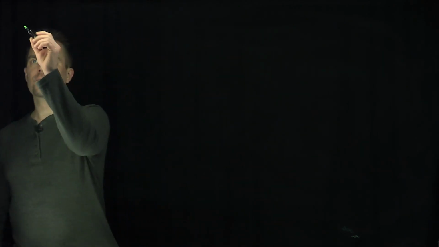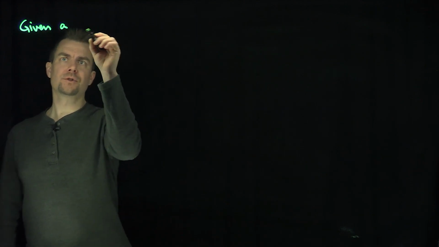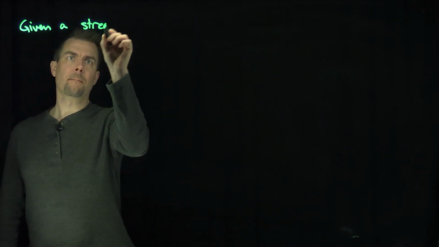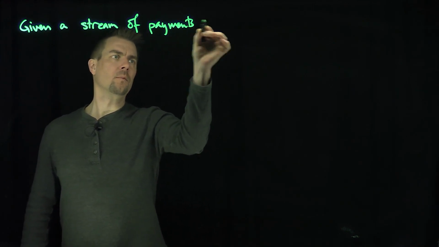Hello students, in this video we'll see an example of how to find the present value of an annuity whose payment stream is linearly decreasing. So if we're given a stream of payments of the form,